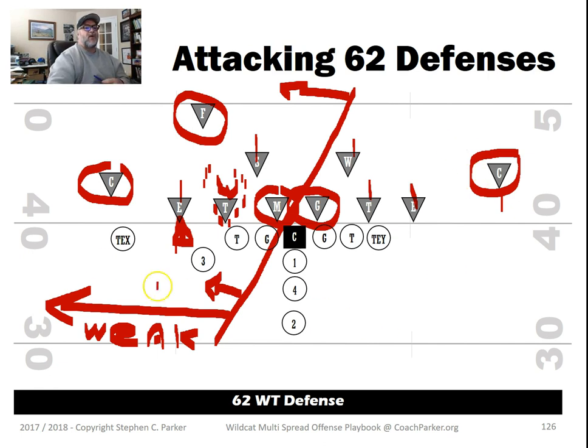So personnel-wise, again, what you've got here, you've probably got your 2 weak defensive guards in the middle, 2 weak corners, and possibly a weak safety, or at least a weak safety, a weak corner, and a strong corner. But if you look at it, one side of the ball probably is going to be weak. So that's general. Now, if I'm going to attack